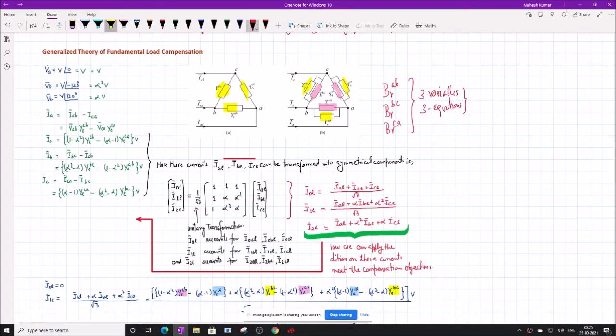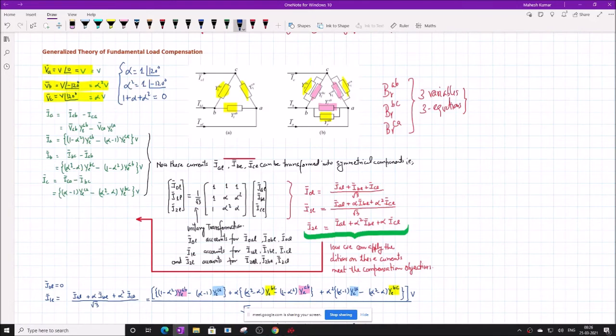So you see here that this is the A phase voltage, this is B phase and this is the C phase. We have expressed them in terms of alpha or alpha square. Okay, what is alpha? It is a complex operator. I have told you in the beginning when we discussed the symmetrical components. So alpha is one angle of 120 degree and alpha square is one angle of minus 120 degree, and 1 plus alpha plus alpha square, a property of this complex operator, is equal to 0. Okay, this you already know.